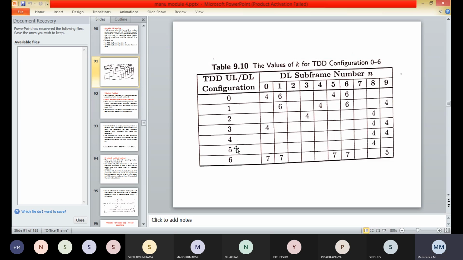If the MSB of the uplink index is set to 0 and the LSB is set to 1, then the K value is equal to 7.